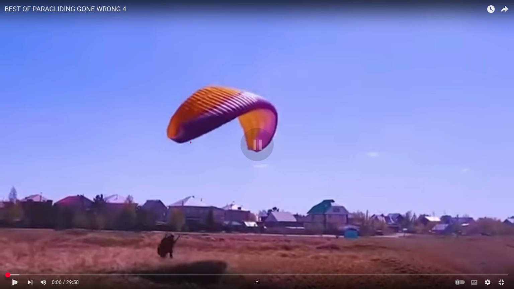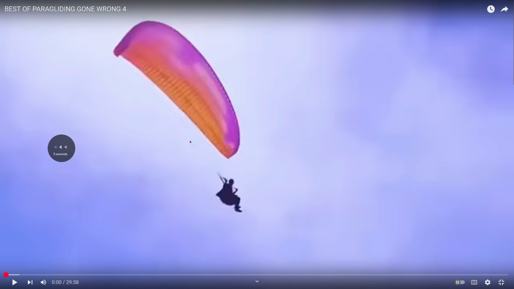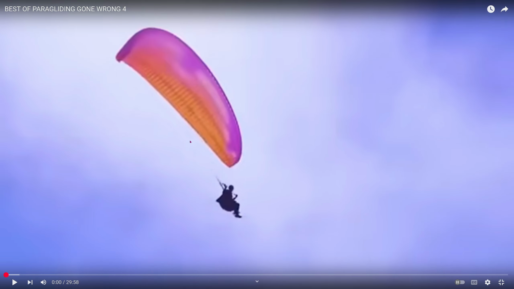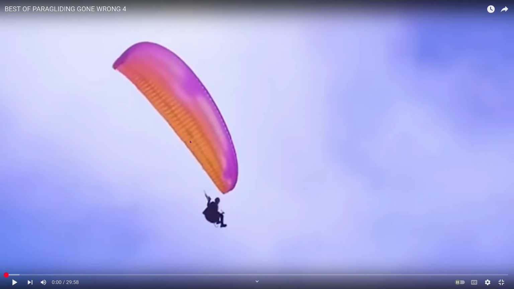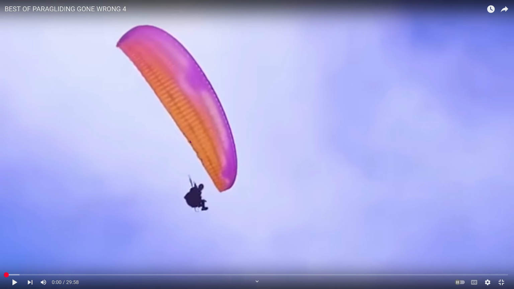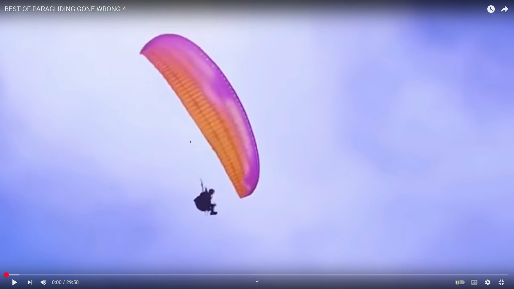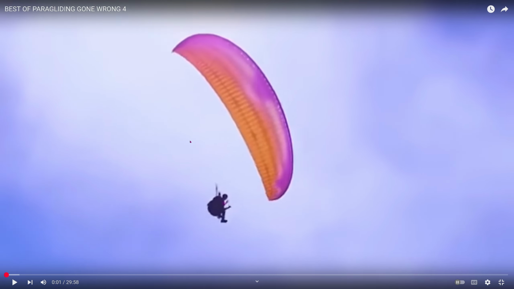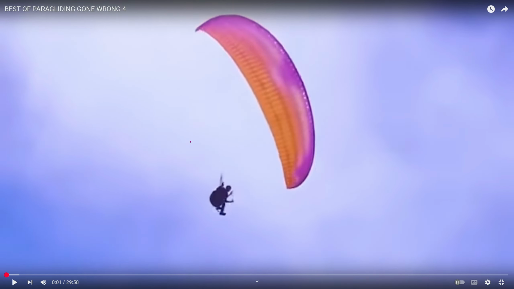Okay, let's watch the end. Yes. This guy was really lucky. But his problem actually is this. If you look, step aside, his hands are pretty up because there's not much brake on this side. Now it's a very turbulent condition, so you need a lot of active piloting. The wing is shooting forward, but he's not